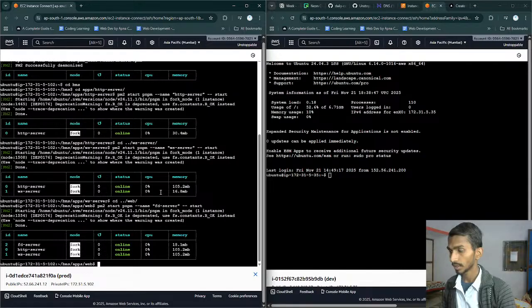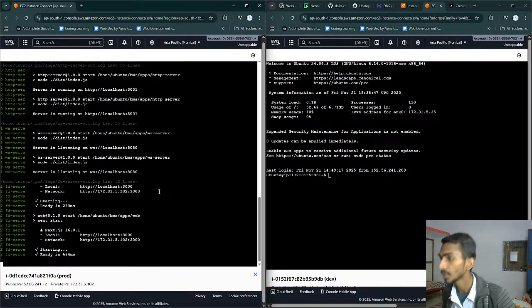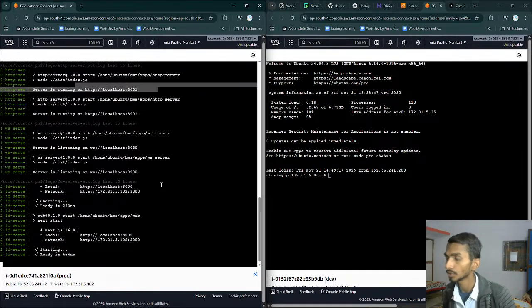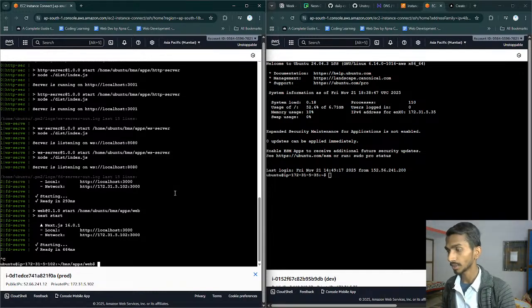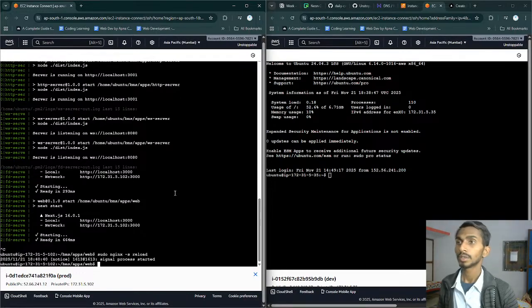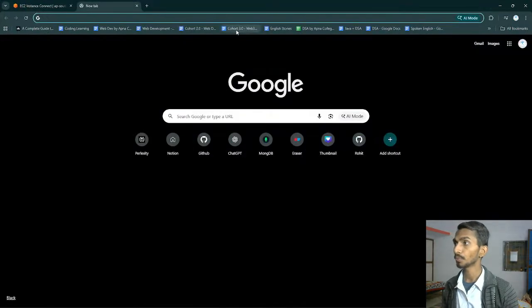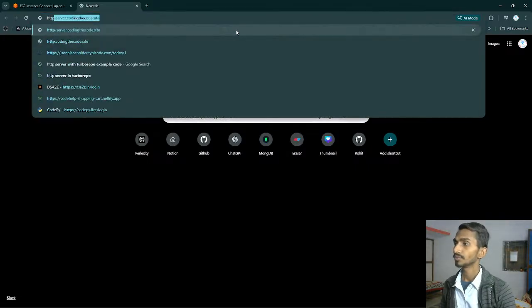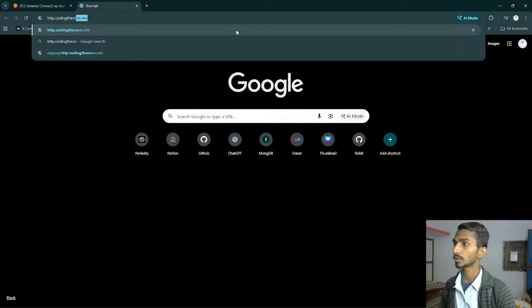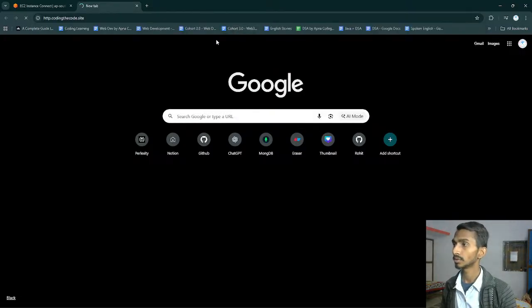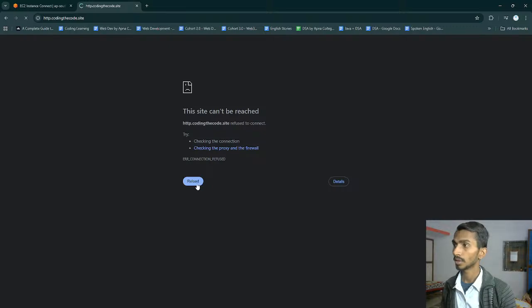I can check this thing by running the pm2 logs command. So these are the logs that are running, and 3888 is 3001. Okay, they are running. And right now the last thing, that is sudo nginx -s reload. It is started. Should I be getting the response right now? Let's see. So what I'm going to do, http.coding.code.site. I think it's gonna take some time.